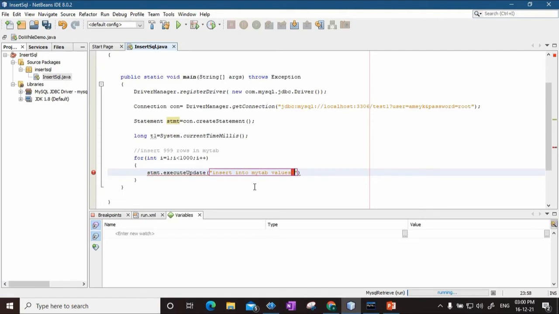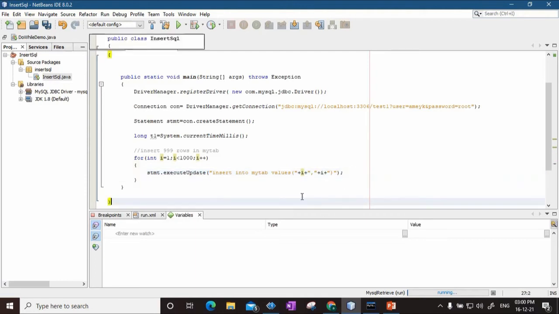So I'll say insert into mytab values, plus i, plus, now I have to print a comma, so this will be in quotes, again plus i, and then a closing bracket. That is the query that I have inserted.